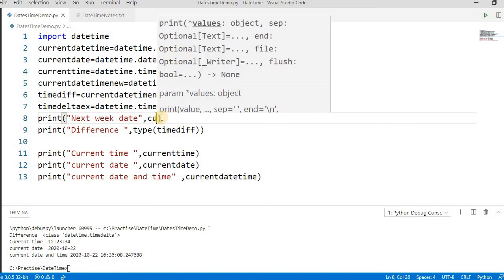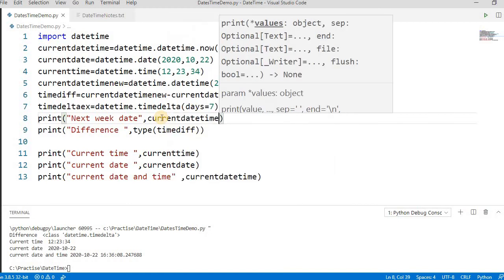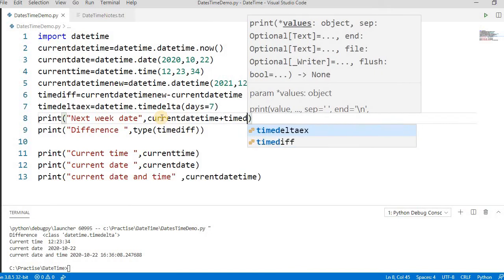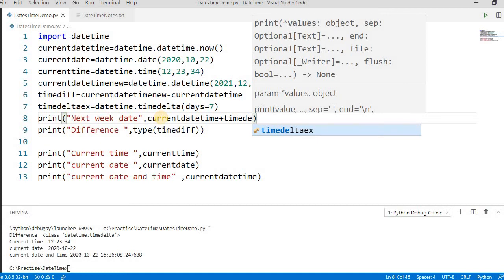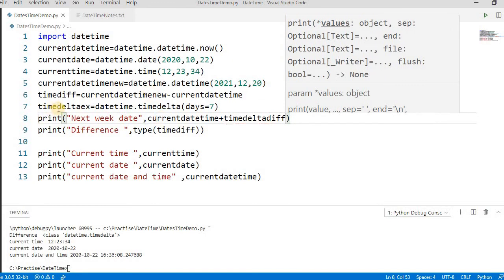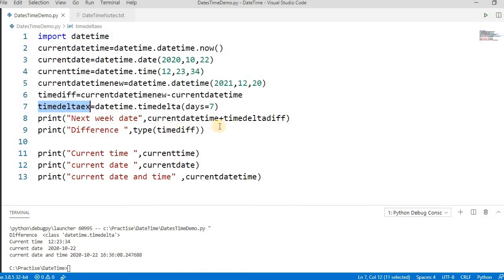We have to pass this current datetime plus this timedelta, timedelta diff. Simple. Let's copy this. If you run this, it will give you the next week date.